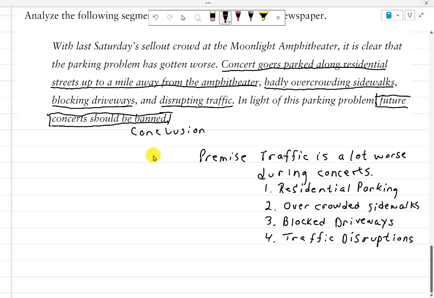So they have their reasons for not wanting it. However, you can bet there are reasons to have these concerts. Probably the biggest reason is the city might make a lot of money from this. So they're not going to buy this at all. What could the city do to remedy this situation? So this person is not complaining about the loudness of the concerts. They're just complaining about the traffic problem as a whole while the concert is going on. What could the city do?